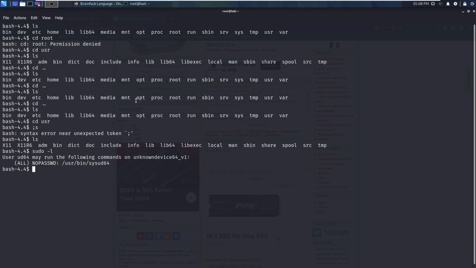Okay, one thing you realize here is that the user where I logged in, u64, may run the following command on this device. So there is only one command available for me to execute on this system. Now the only thing I need to do is figure out how I can do the privilege escalation for this sys ud64. Now what is this sys ud64? Let me try to figure it out by running sys ud64,